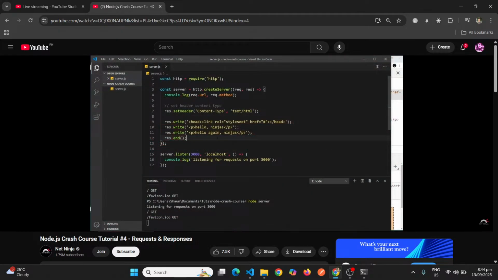Alright then, so we've seen how to send HTML this way, but let's see how we can actually send a full HTML page, a full document to the browser instead, which is a little bit cleaner. So the first thing I'm going to do is create a new folder over here, and I'm going to call that views, and this is where I'm going to store all my HTML. So inside there, I'm going to